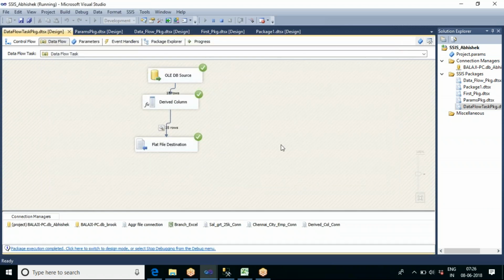When you change the source columns, we can go and change it in the destination connection also.